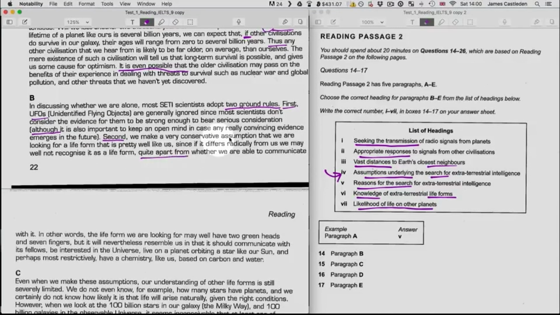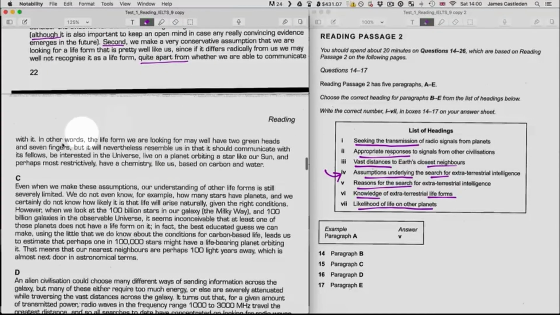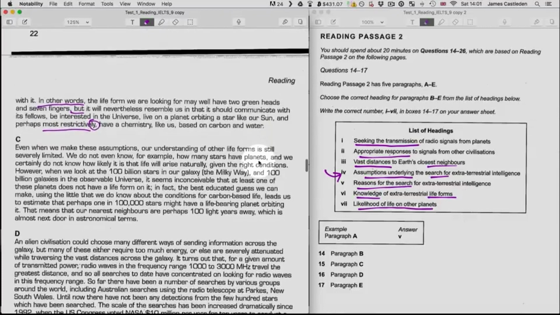Apart from, okay, in other words, explaining a bit more, but focusing phrase with 'ly'. Okay, even useful. Even when we make these assumptions, our understanding of life forms is still severely limited. For example, however,